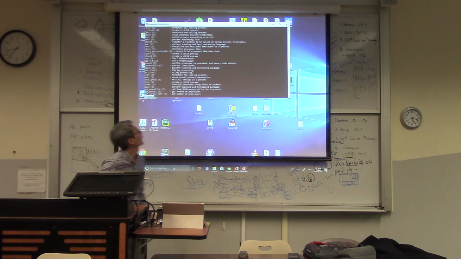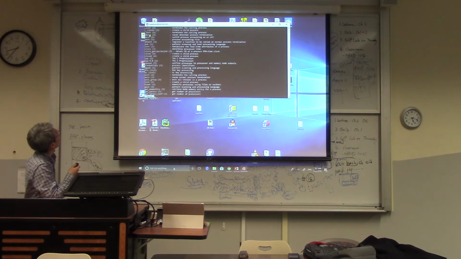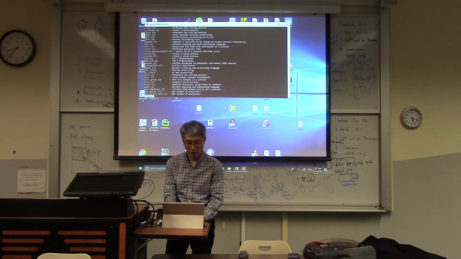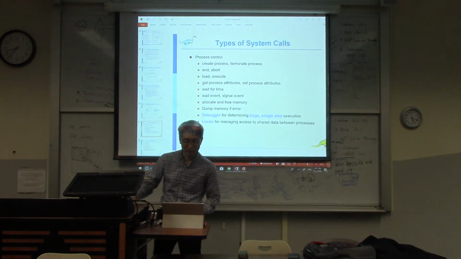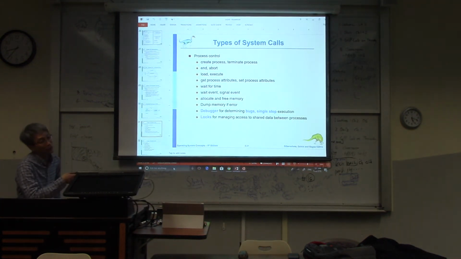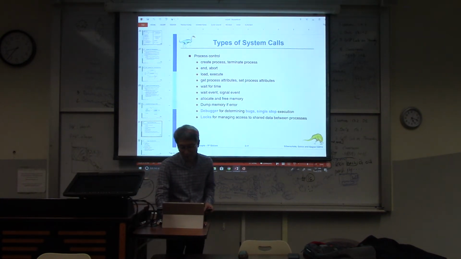Like exec and fork, and such commands will be used in the library. So different types. You can search the system library whenever you need.